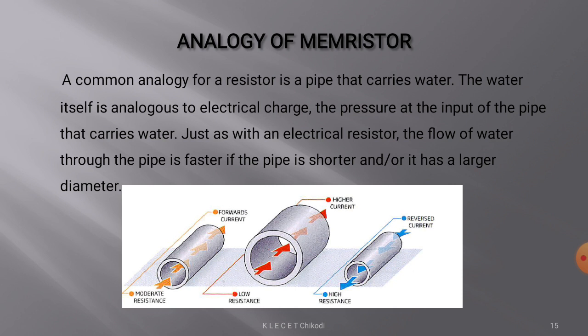Coming to the analogy of memristor. An analogy for the memristor is an interesting kind of pipe that expands or shrinks when water flows through it. If the water flows through the pipe in one direction, the diameter of the pipe increases, and if the water flows in the reverse direction, the diameter decreases, slowing down the flow of water. If the water pressure is turned off, the pipe will retain its most recent diameter until the water is turned back on. Thus, the pipe does not store water but remembers how much water has flowed through it. In the same way, the memristor remembers the last resistance the element had.